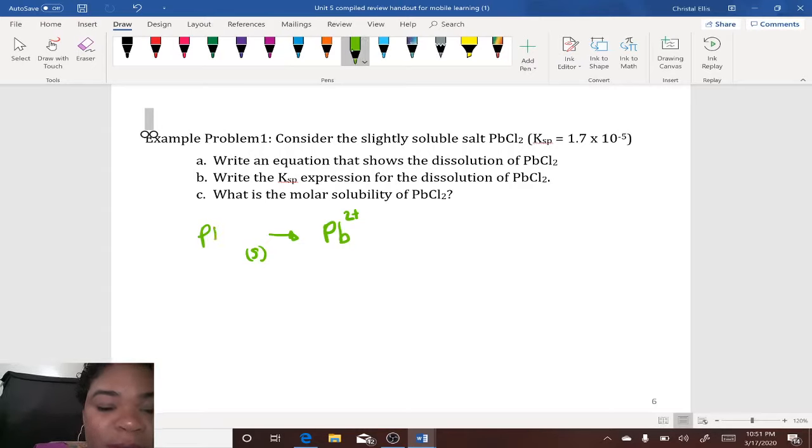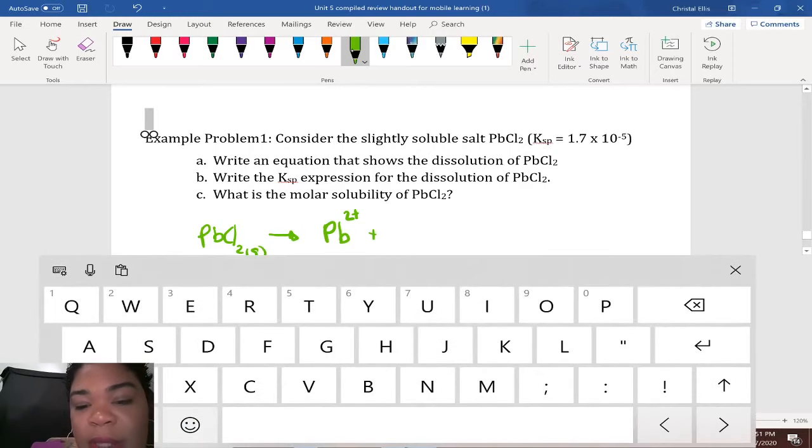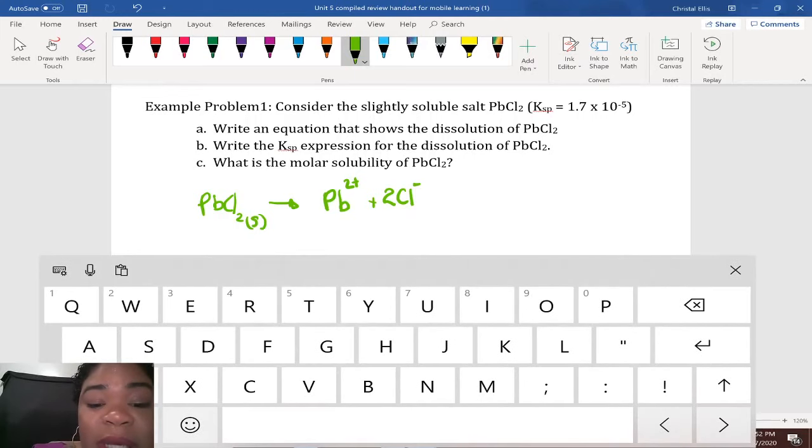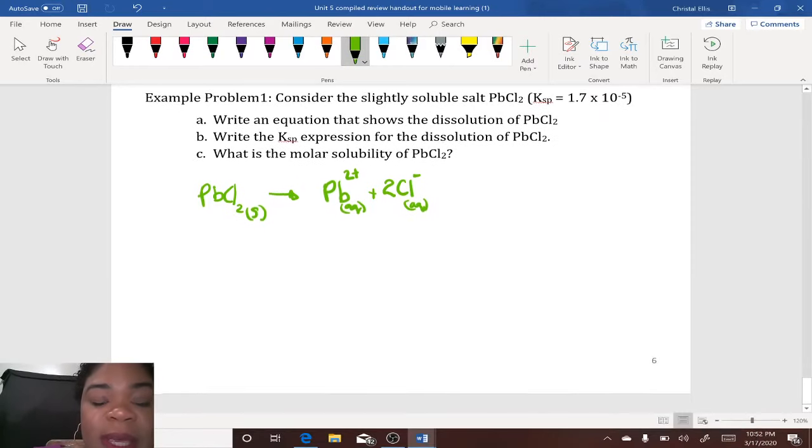So it's PbCl2, and 2 chloride ions, because by the law of conservation of mass, there should be the same amounts and types of atoms on the reactant side and on the product side, and the charges must also balance and make sense. So there are 2 chlorine atoms here. I need to account for them on the product side as well. So that is the equation that shows the dissolution. But once it goes in solution, remember they become aqueous. So I'll just put that as my state of matter. And then the Ksp is therefore